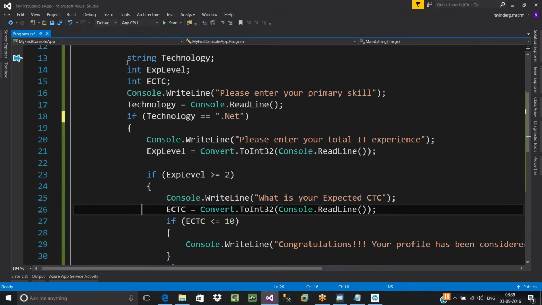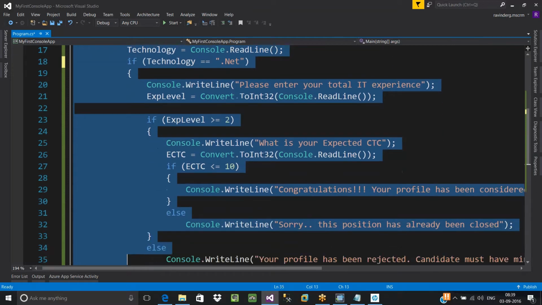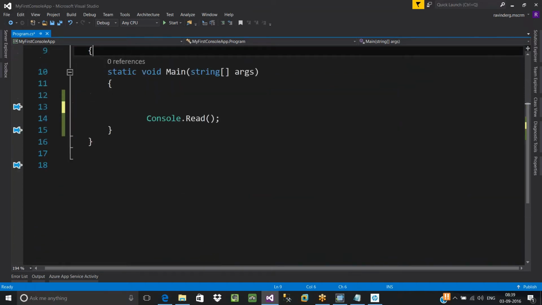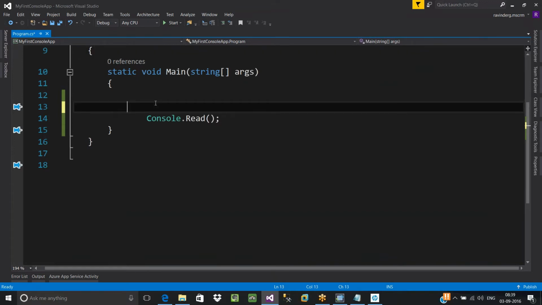Let's try this. Did you understand the requirement? Okay, so this is a very simple requirement. We are going to provide some offers to the customers as a merchant. That offer is going to be based on your bank type, and that is going to be different from bank to bank. So what is the input that we need to expect from the user? You'll have to ask the user to enter only his card type, I mean bank name.